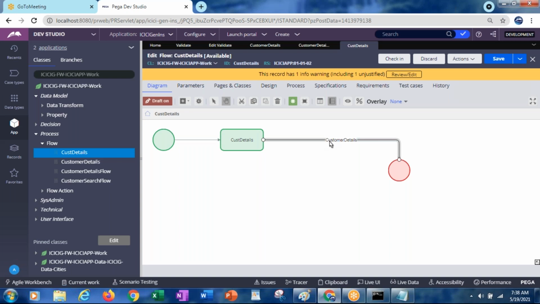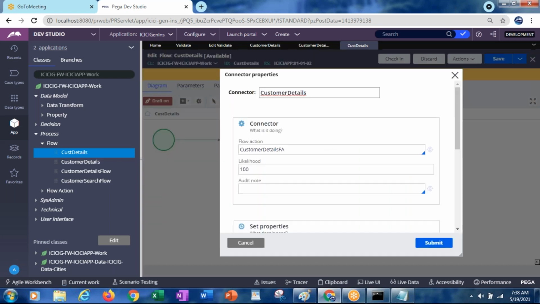Maybe did we perform any changes in this yesterday? Customer details action.